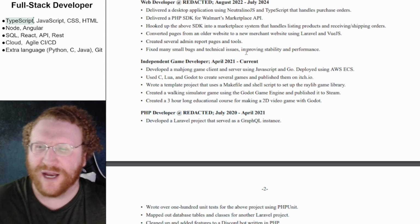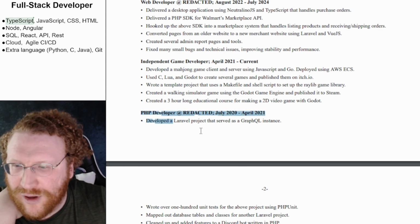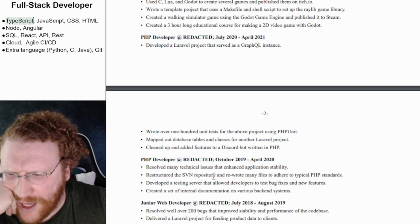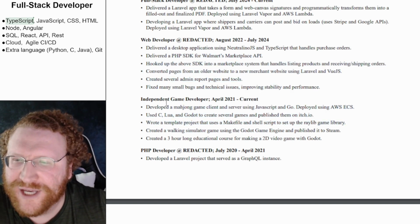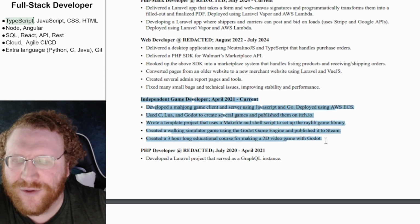Do you have PHP anywhere else? Yeah, you do. You were asking if you could delete those jobs. I think it's safe to. I actually do think it's safe to delete those, because there's not a lot of stuff. PHP can be one, but you also have PHP here, or PHP here. I don't think you should...